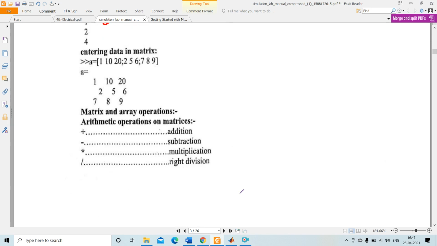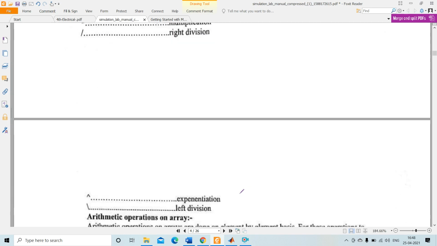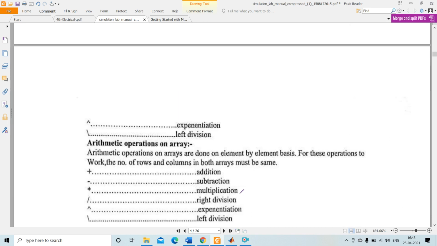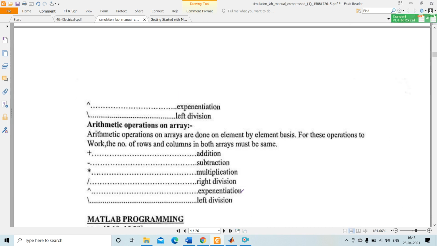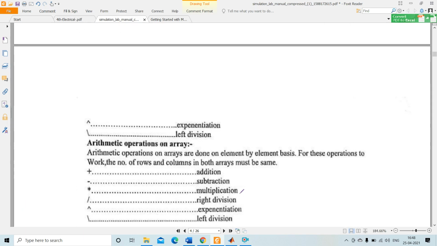Okay, so next is matrix and array operations. First we will discuss arithmetic operations on matrices. Under arithmetic operations on matrices you have addition, subtraction, multiplication, division, right division, left division, and exponentiation. Arithmetic operations on arrays are done on an element by element basis.